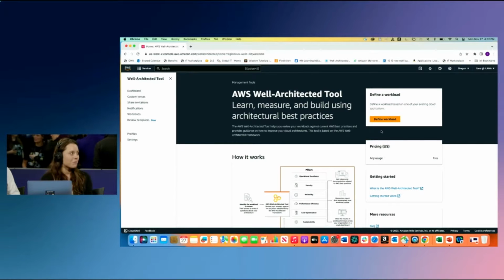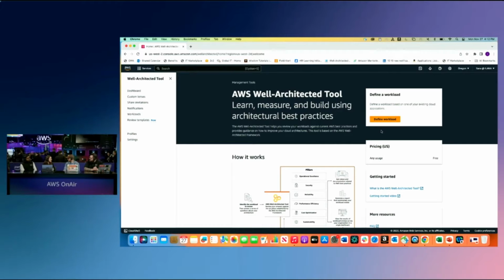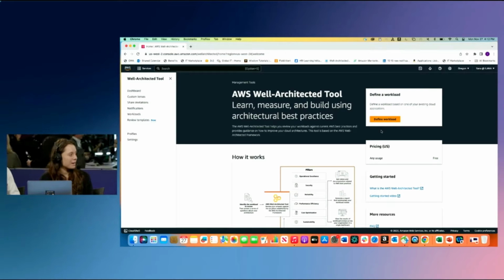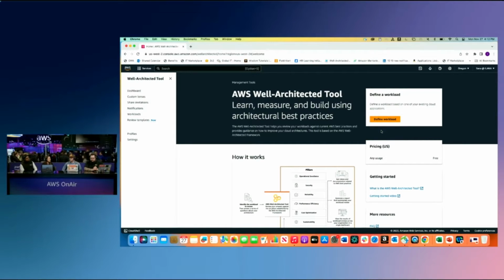There's actually broader guidance that you can also explore when you're doing the well-architected review, which is one of the features that we want to talk to you about today called Lens Catalog. And that expands the breadth and depth of what you can access in the well-architected tool, where you can see technology and domain best practices to review against your workload as well. So I'll show you that in the demo. I love it. This is related to custom lenses. Yeah, custom lenses.